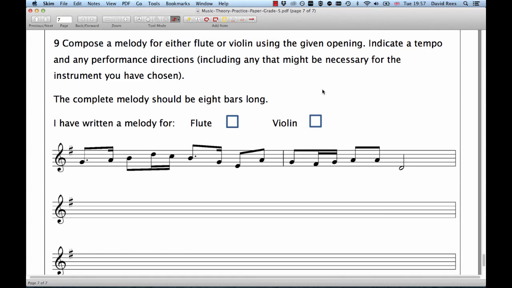Okay, so question 9, the last question, is asking us to compose a melody for a flute or a violin using the given opening, and it's asked us to indicate a tempo and any performance directions, including any that might be necessary for the instrument you have chosen. So I suppose this is quite a nice question in that it's asking us to be a little bit creative,